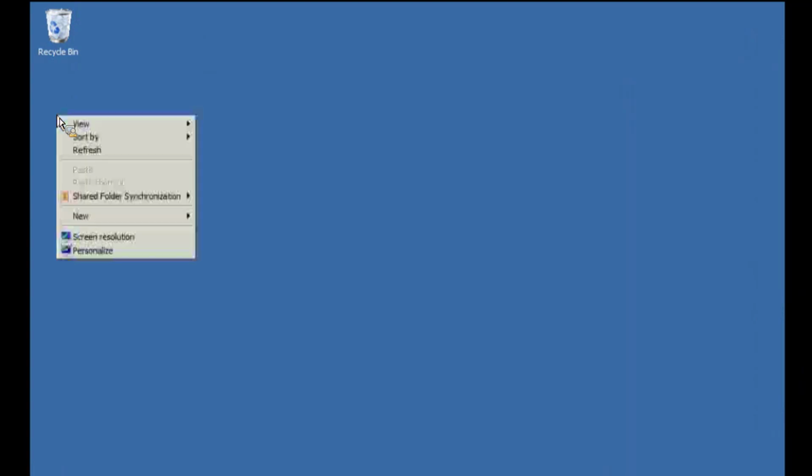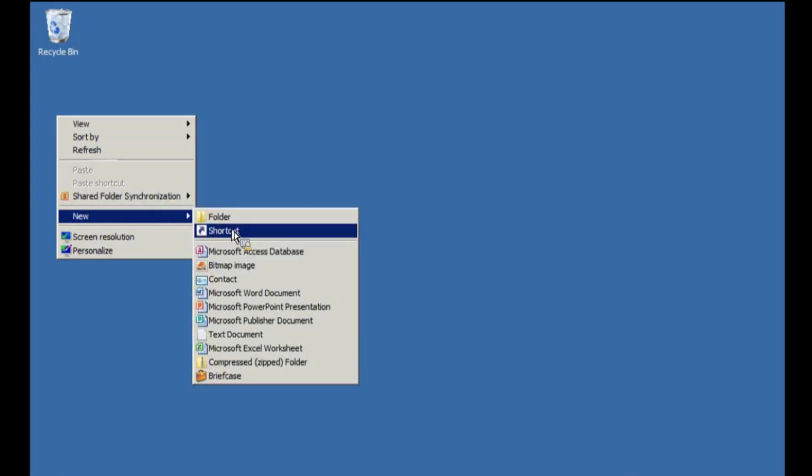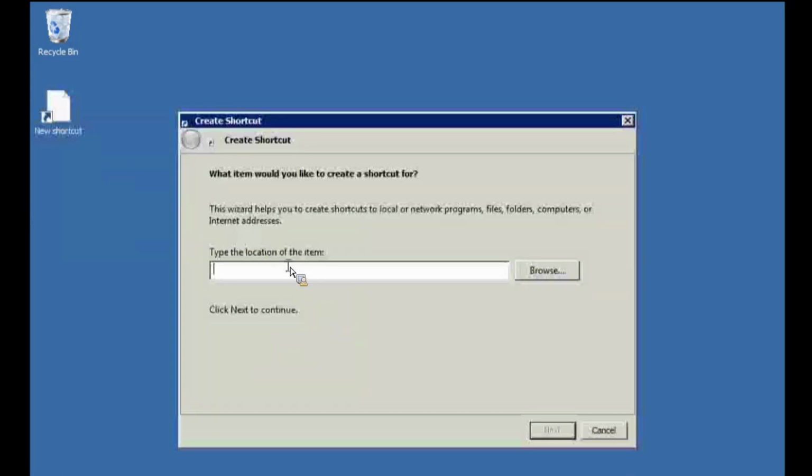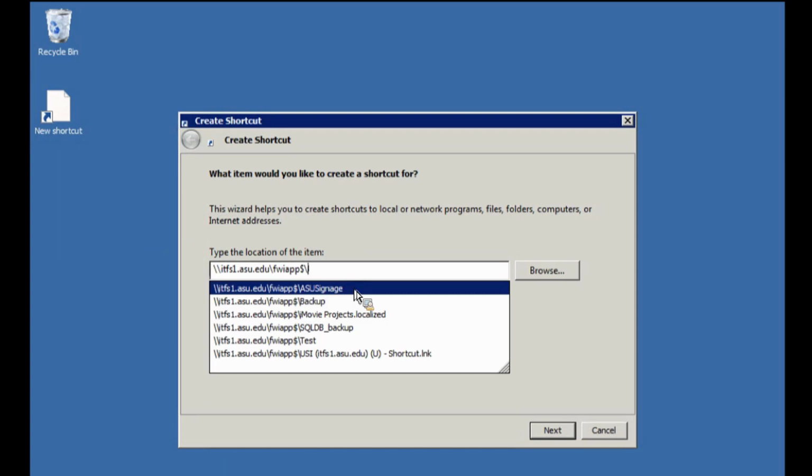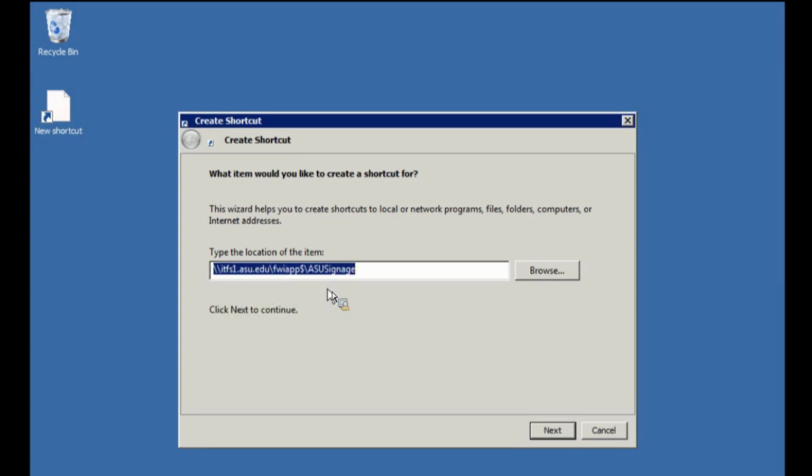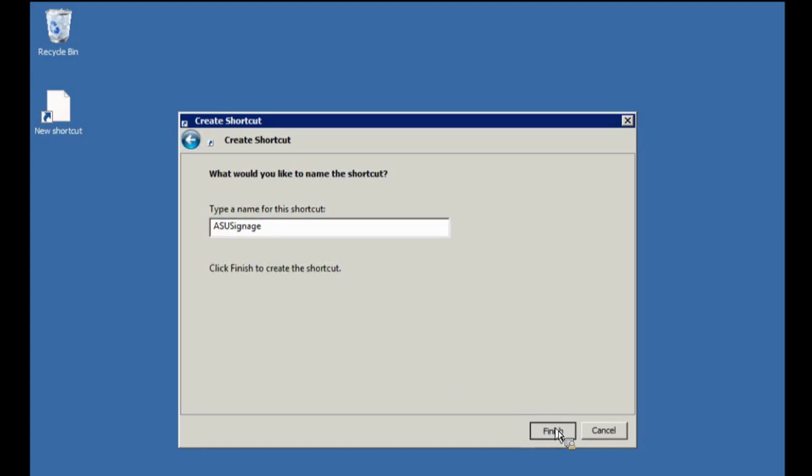So what you want to do is right-click on your desktop and go to New Shortcut, and then type //itfs1.asu.edu/FWIAPP$ASU signage. So after you have this, then click Next, and then that will create an ASU signage shortcut on